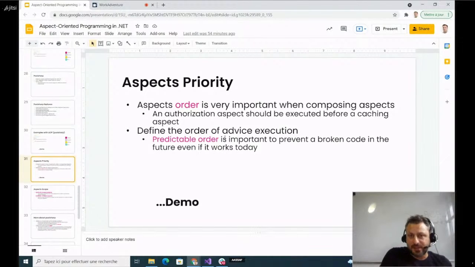We should apply the authorization aspect and after that the caching aspect. And a predictable order is important to prevent broken code in the future. Even today, maybe the order of the aspects is not important, but it can be important if we add a new aspect in the future. So it's important to respect this.